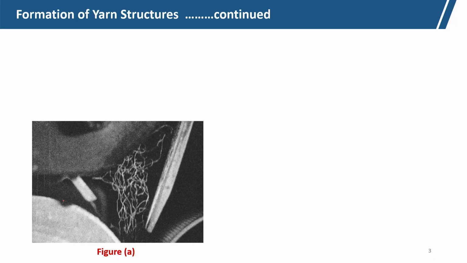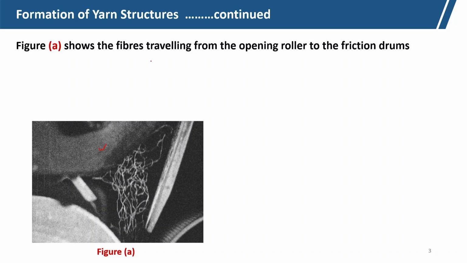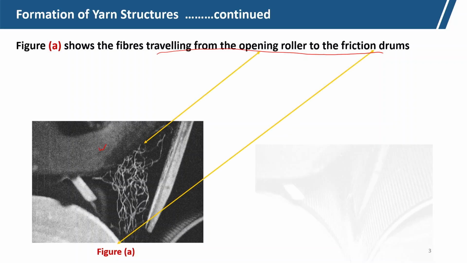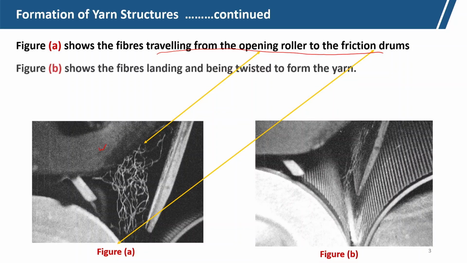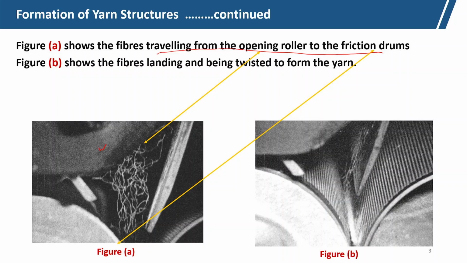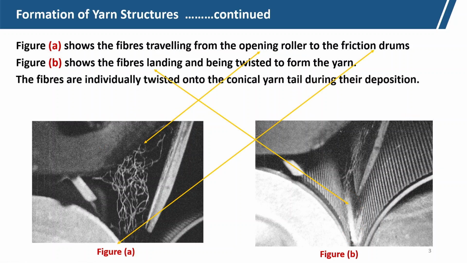Now, you can see from figure A, the fibers from the opening roller through the transport channel are falling on the nip of the spinning drum. So, fibers travel from the opening roller to the friction drum, and then figure B shows the fibers landing and being twisted to form yarn. So, here the fibers are being twisted due to the rotation of the friction drum. The fibers are individually twisted onto the conical yarn tail. So, there will be conical yarn tail formation during this deposition,